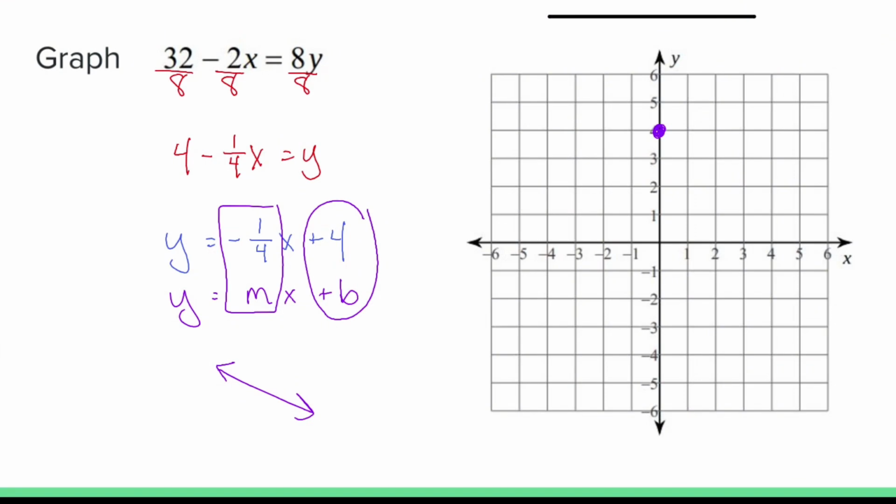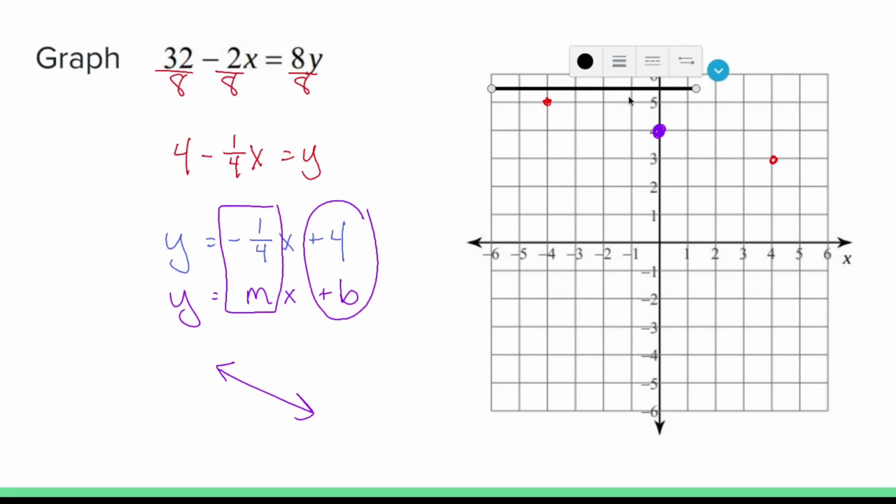So use that slope to make more dots. So I can go down 1, right 4. Can I do it again? No, not enough space. But if I can go down 1, right 4, I can go up 1, left 4, like so. Now that I have enough dots drawn out, I could take my line and I can draw a